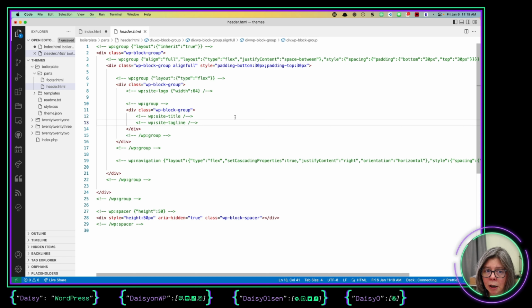It isn't going to become part of the theme. The image reference won't actually be part of the theme. So it gets saved to the database. The site title and tagline is the same thing. You're actually saving that to your settings. Navigation is going to be pulling in navigation blocks. This is an area of block theming and full site editing, or the site editor, that's